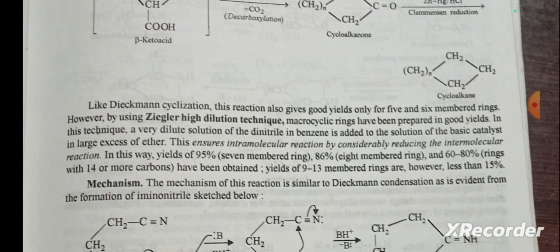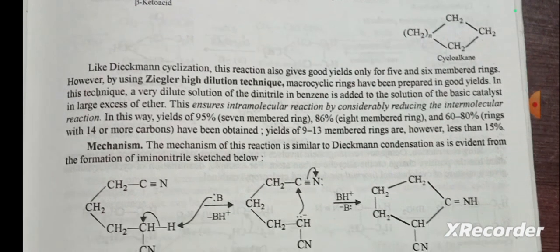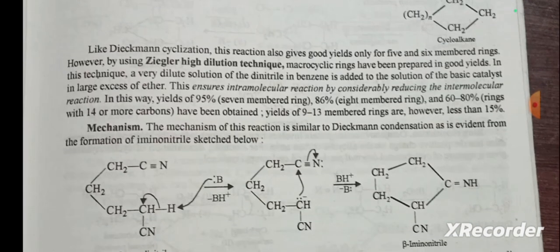Like the Dieckmann cyclization, this method gives good yield only for the 5- and 6-membered rings. However, by using the Ziegler high dilution technique, the macrocyclic rings have been prepared in good yield. In this technique, a very dilute solution of dinitrile in benzene is added to the